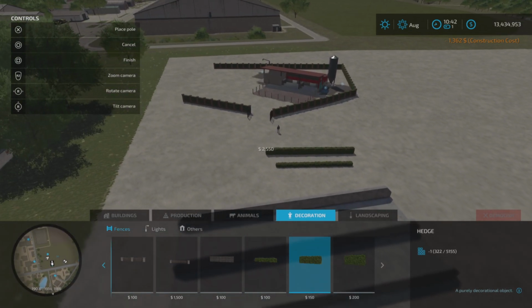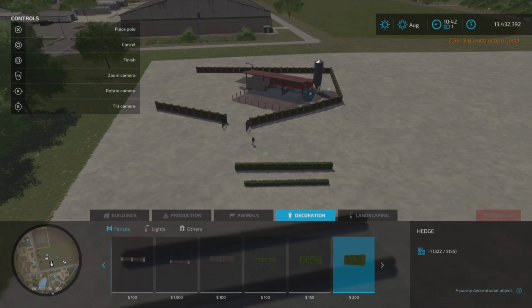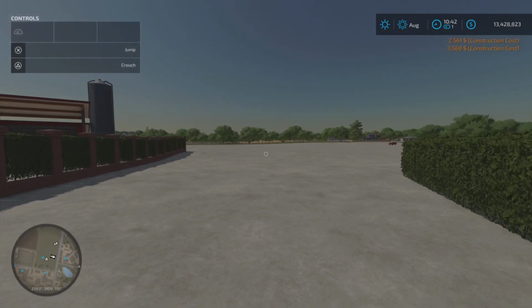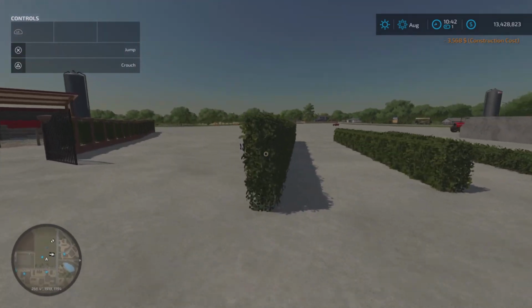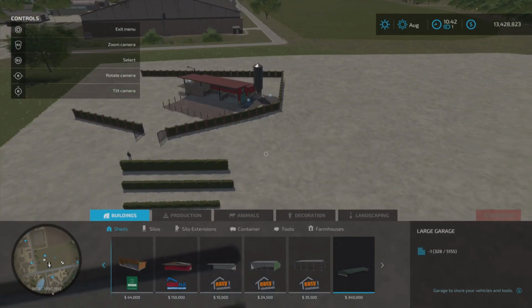Put them quite near to me and then go on the larger one like so. So quit back out, spin around. We've got 3 different sizes and heights of the hedges like so. So from there